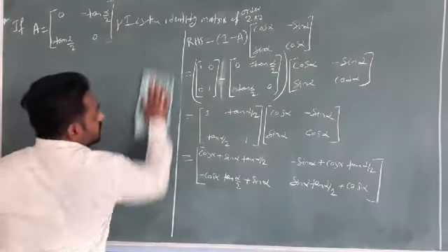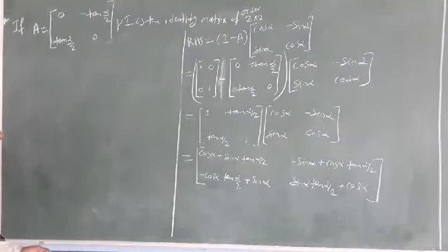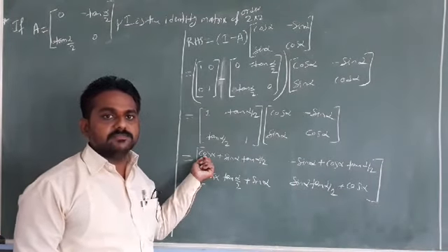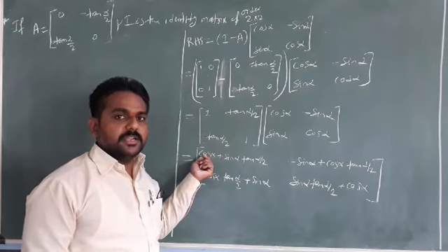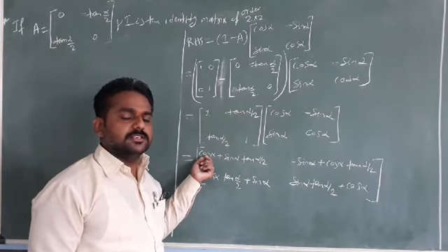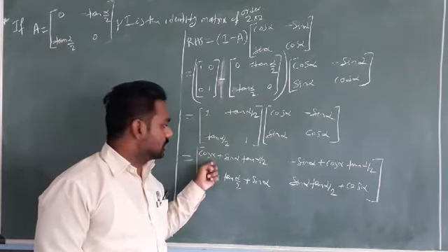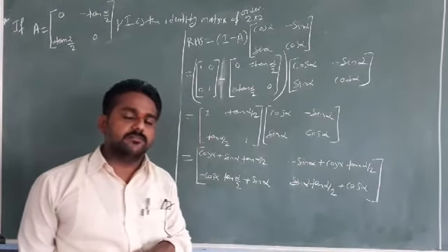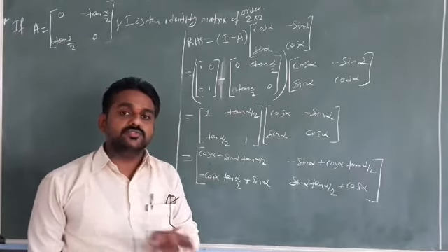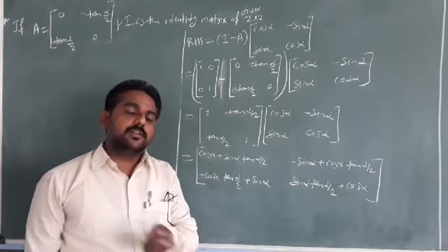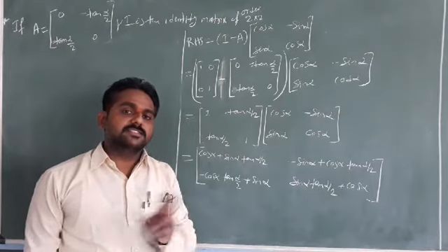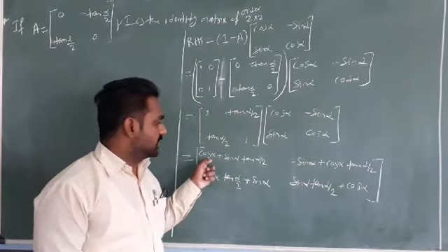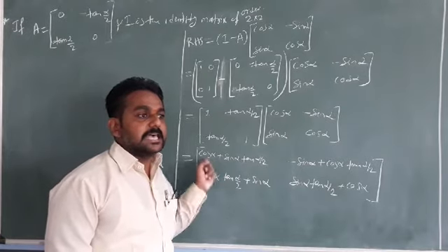What is the next thing you have to follow here, students? Just take the cos alpha in terms of sine. Multiple and submultiple angles formula already you learnt in the first year. So cos 2 alpha has 4 kinds: cos square alpha minus sin square alpha, 1 minus 2 sin square alpha, 2 cos square alpha minus 1, 1 minus tan square alpha by 1 plus tan square alpha. All the 4 kinds of formulas are there, but here we need in terms of sine.